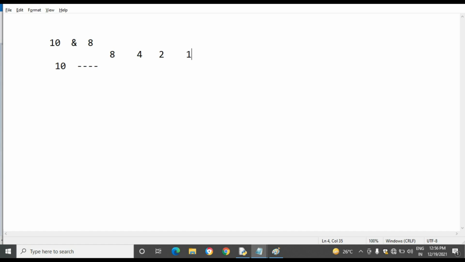The binary representation of 10 is 1 0 1 0.